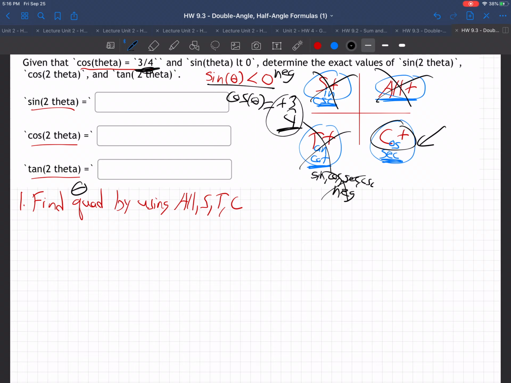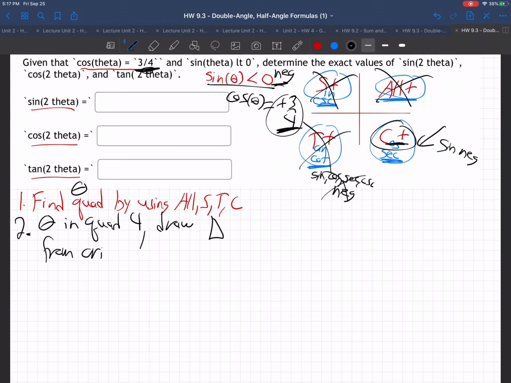So we're not in that quadrant because cosine's supposed to be positive. So we're in the fourth quadrant where cosine is positive and sine is negative because the other 4 are negative, and that's right. Sine is negative, cosine is positive. So by using all students take calculus, we found quadrant 4. So theta is in quadrant 4. We found that. So theta's in quadrant 4. So draw your triangle from the origin to the x-axis. So now that we know it's really quadrant 4,